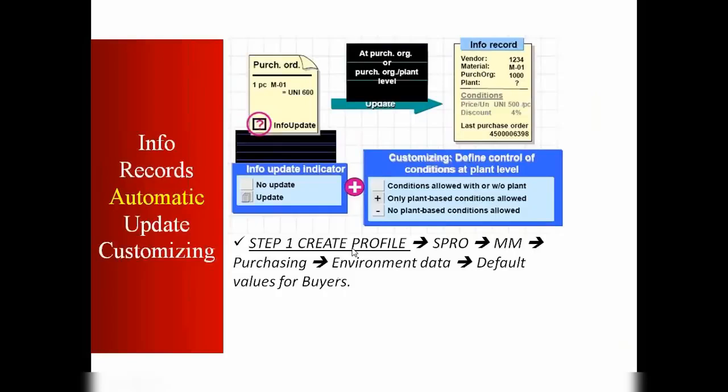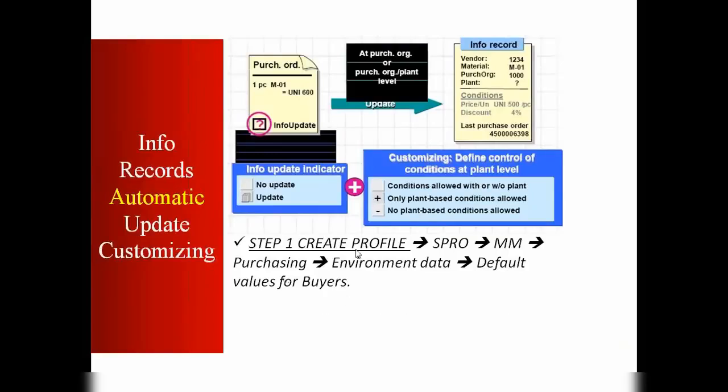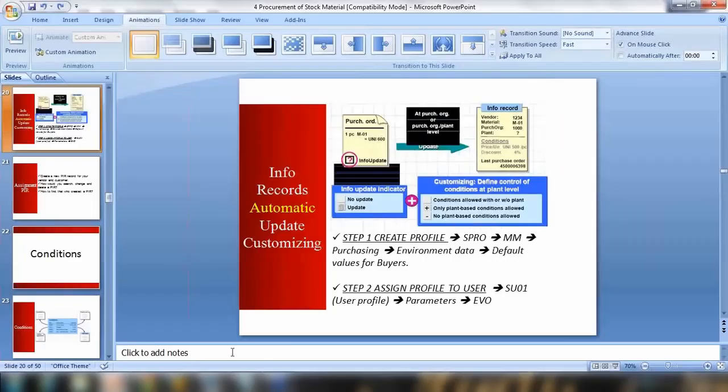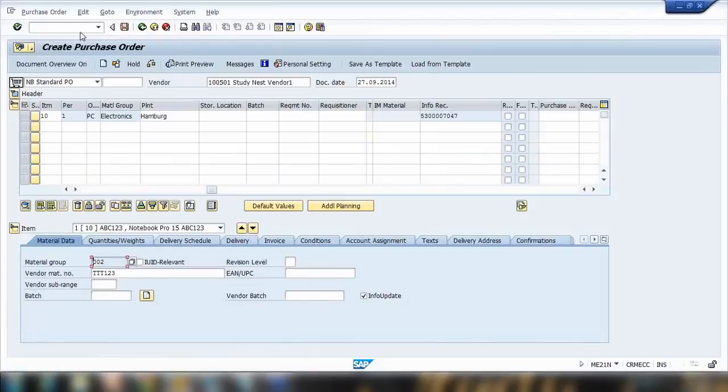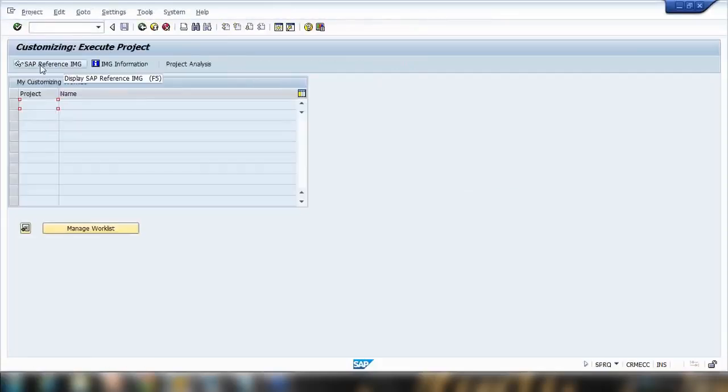Step one is to create a profile. In the customizing, we need to create a profile using this menu path. The second step is to assign the profile to a user. So let's do the first step, which is to create a new profile. We need to go to the customizing menu. So go to the home screen, and SPRO is the transaction to go to customizing. Again, when we start the customizing, I will explain this in detail. But for now, enter SPRO, click on SAP Reference IMG, and here